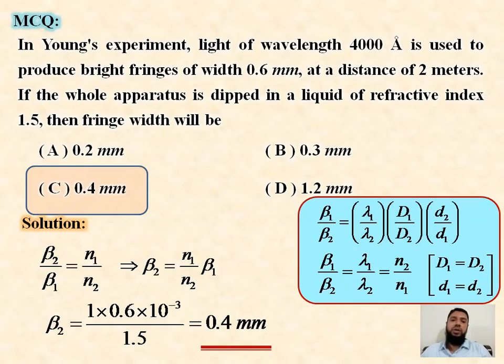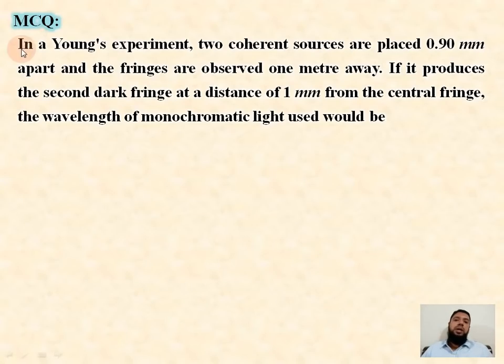ಮುಂದಿನ ಪ್ರಶ್ನೆಯನ್ನು ನೋಡೋಣ. In a Young's experiment, two coherent sources are placed 0.90 millimeter apart and the fringes are observed 1 meter away. If it produces the second dark fringe at a distance of 1 millimeter from the central fringe, the wavelength of monochromatic light used would be